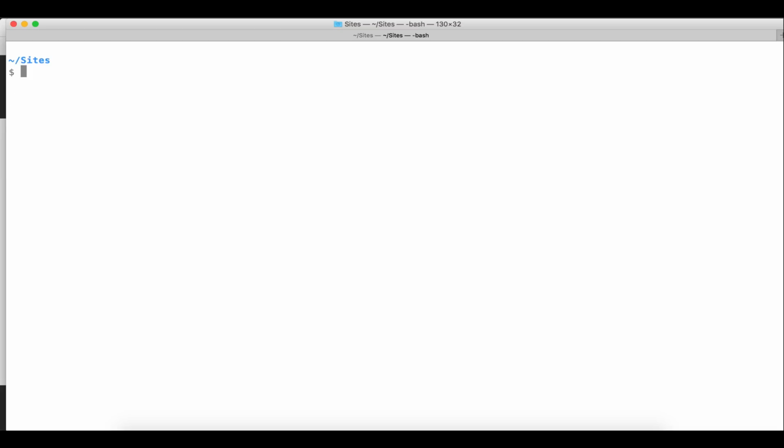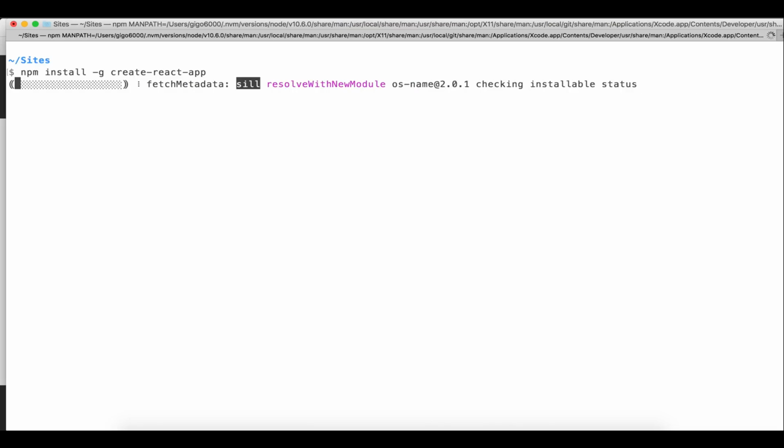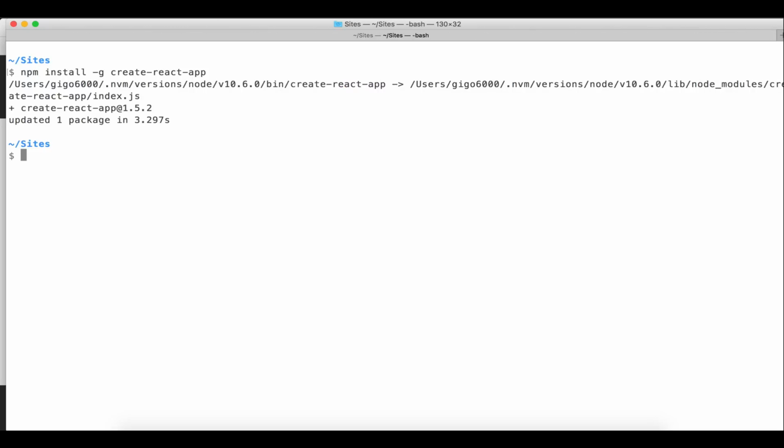And if everything is there, we can install the create-react-app tool. It should be with -g, so the binary is globally installed. I already have it, but let's run this anyway. So now that we have this binary,